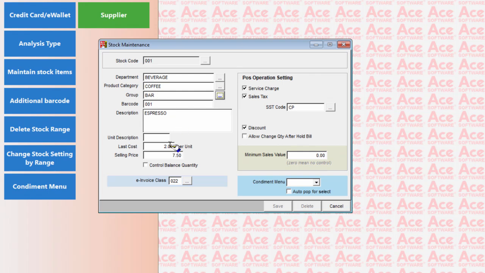So you can set what is your cost and what's your selling price, and then whether this item is taxable or chargeable for service charge or not, or sales tax. Okay, and then you can set whether you allow discount or not. Also, you can set the minimum sales value. For example, this may be 750, but you can say, hey, the minimum I can sell is say 650. You can actually do this so that whenever somebody has the authority to change the price, it cannot go below